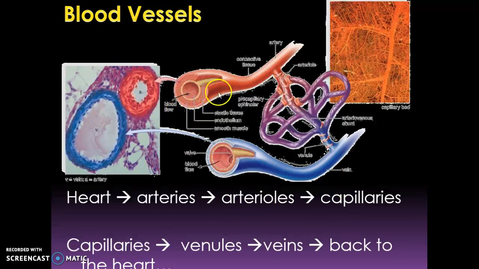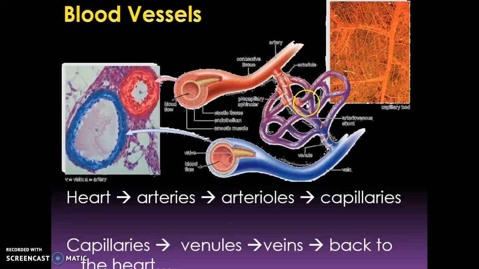And you can see that in this picture here, you start off with the artery, the arteriole, and then down into the capillaries. Big muscular vessels here, getting smaller. The capillaries are very, very thin, very small. The capillaries are going to be within the tissue, and you're going to have a high amount of oxygen and CO2 exchange here. Very permeable